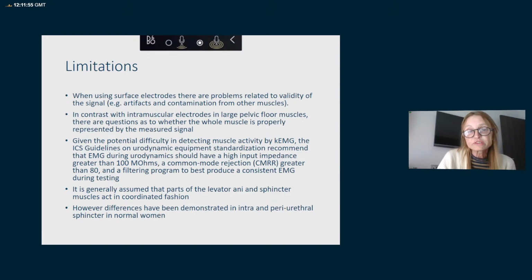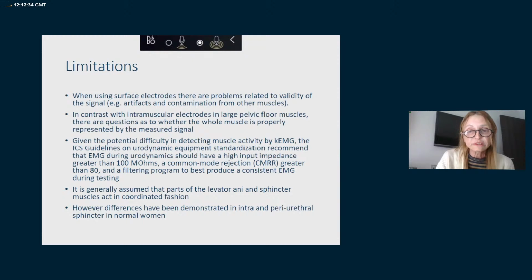Given the potential difficulty in detecting muscle activity by kinesiologic EMG, the ICS guideline on urodynamic equipment and standardization recommends that EMG during urodynamics should have a high input impedance, a common mode rejection greater than 80, and a filtering program to best produce a consistent EMG during testing. But up to date, almost all urodynamic machines have the equipment to